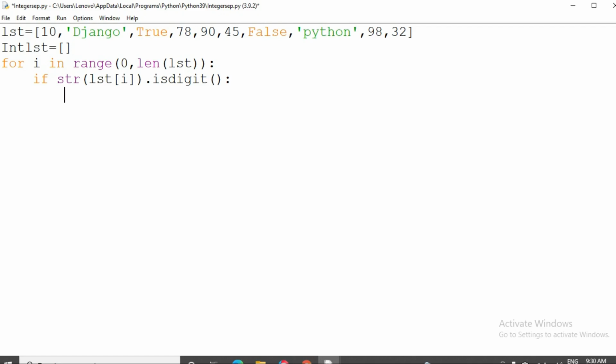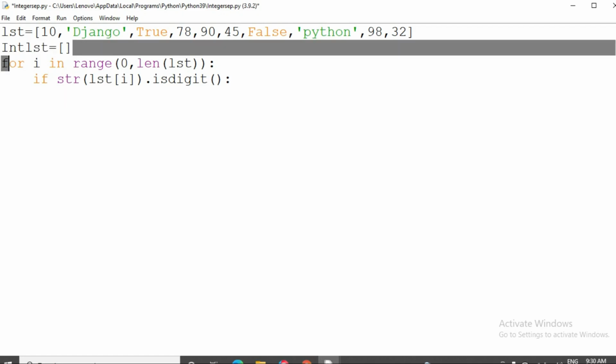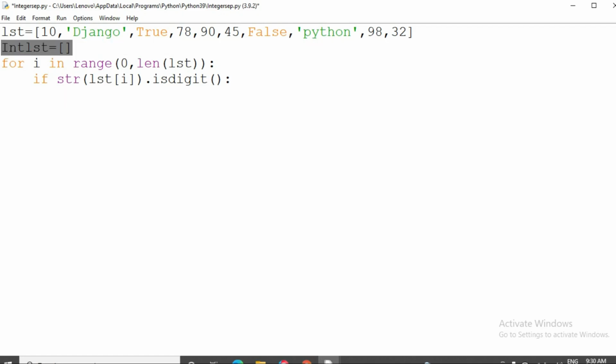Okay, then if it is True, I want to add that element into this empty list. If the i-th element is an integer, I want to add this element inside the empty list. int_lst dot append, the append function is used to add elements inside the list.